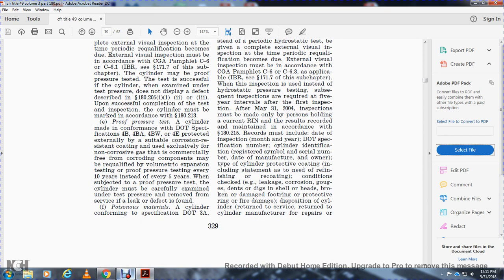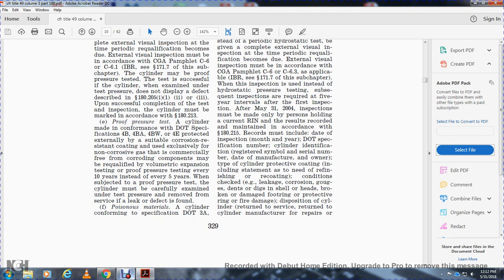Cylinders made in conformity with DOT specification 4B, 4BA, 4BW, and 4E, protected externally with a suitable corrosion-resistant coating, used exclusively for non-corrosive gas, commercially free of corroding components, may be qualified by volumetric expansion testing and proof pressure testing after 10 years instead of every 4 or 5 years. When the subject of the proof pressure test, the cylinder must be carefully examined